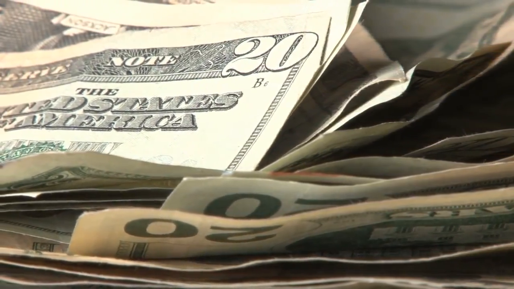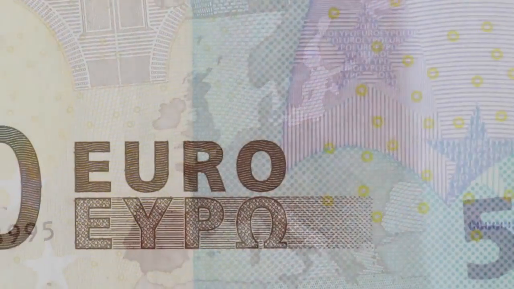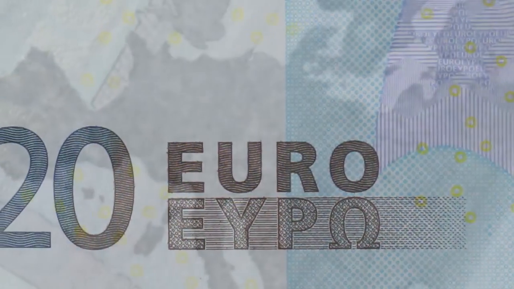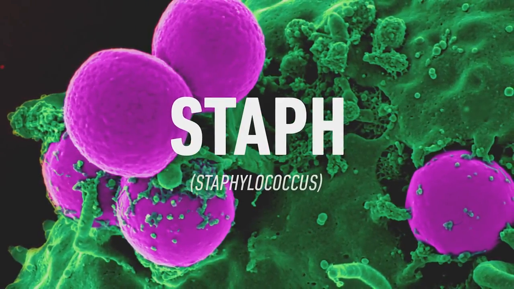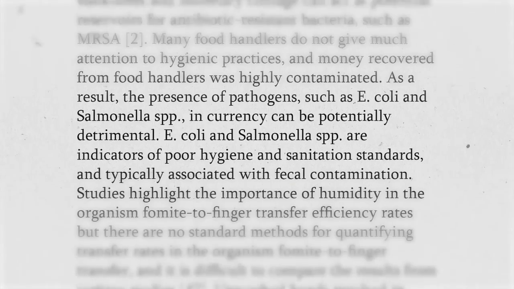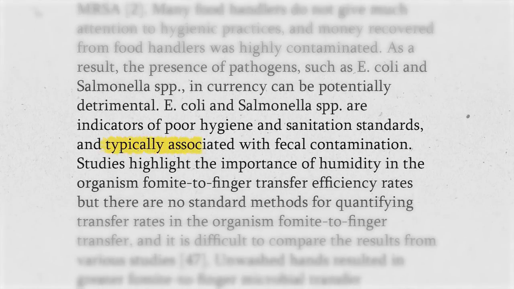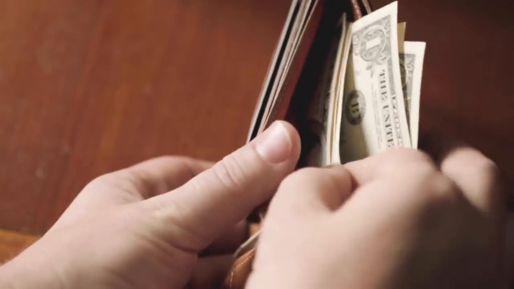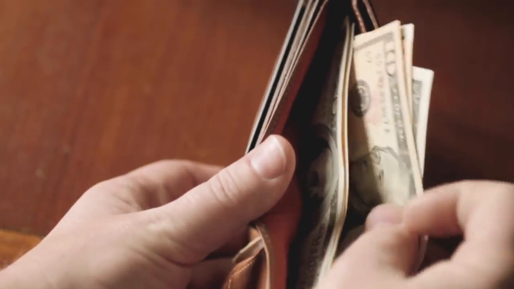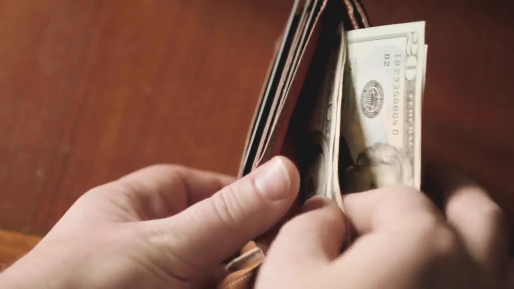Multiple studies have consistently demonstrated that banknotes from around the globe both contain and allow for the growth and transmittance of various pathogens. The most common are various strains of staph, which can lead to skin infections, as well as pathogens typically associated with fecal contamination. Let me say that again. It is not uncommon for your money to contain traces of feces, but as long as you maintain regular sanitation habits and develop a taste for stool, then you should be fine.